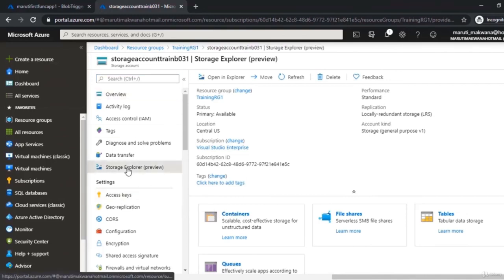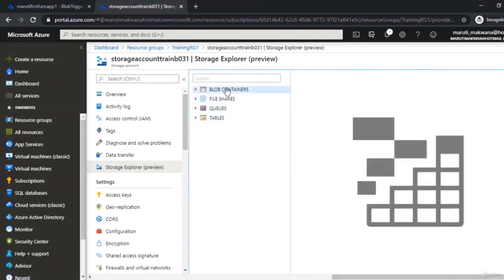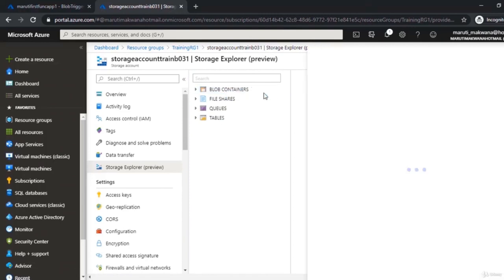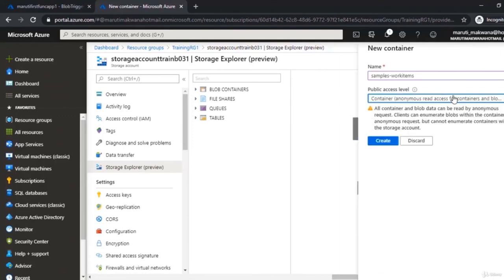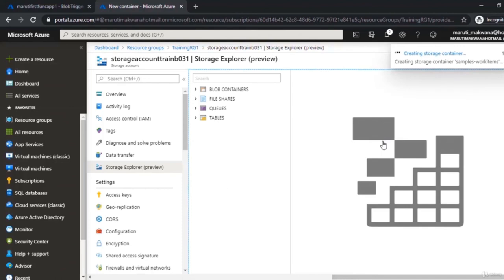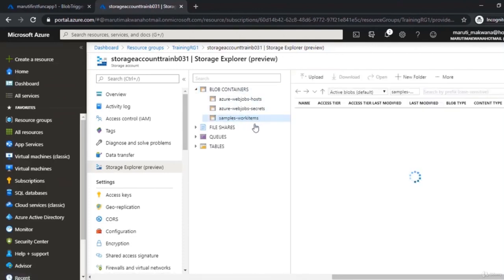Inside that we have storage explorer in which we can create containers, tables, file shares and all. I'm going to right click on this and say I want to create a new blob container. Let me give the blob container a name which will be exactly the same as what I have copied from that, sample-work items. The access level for this, let's say I'm giving container level access, and then I'm going to click on create. If you're not familiar with storage account, just go through my Azure fundamental course. Otherwise, in the same course also, after one module, we'll focus on the storage accounts. If I expand, I have a sample-work items. This is that container, and my function is continuously looking for this particular container.